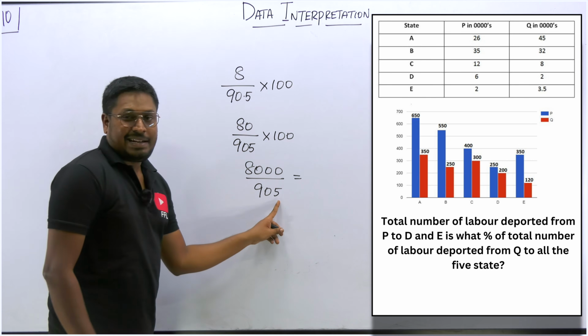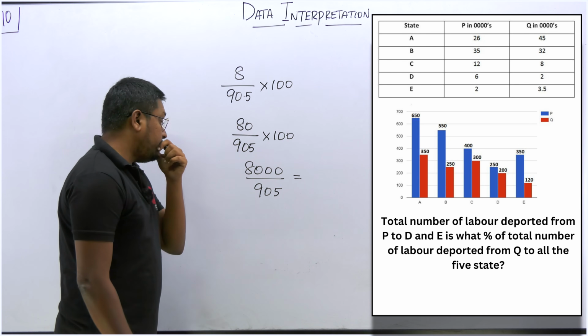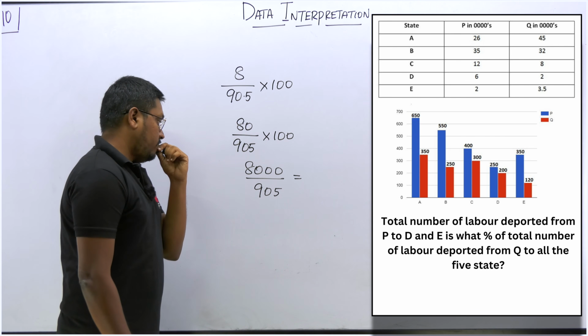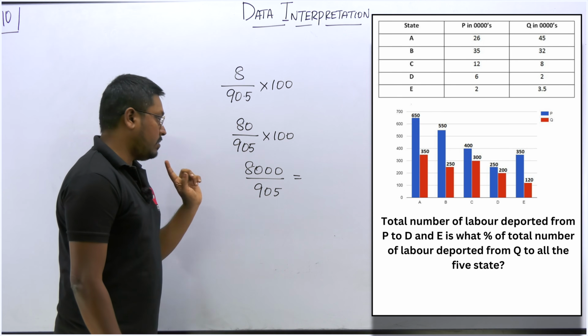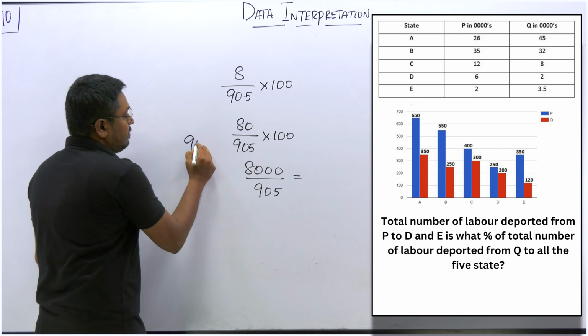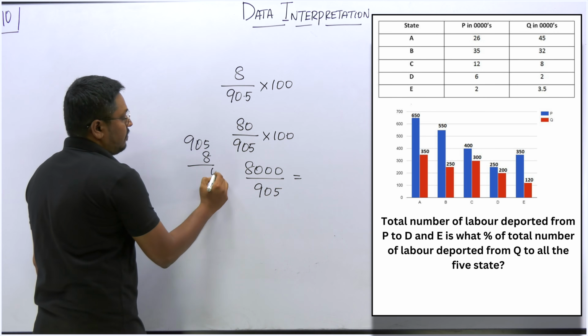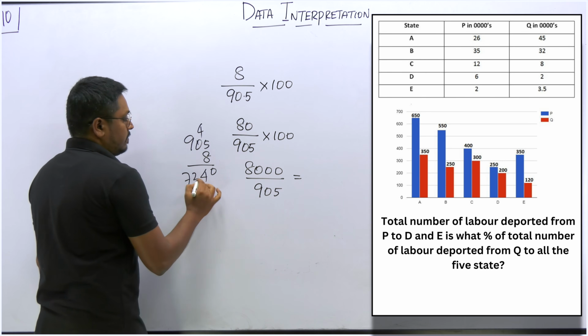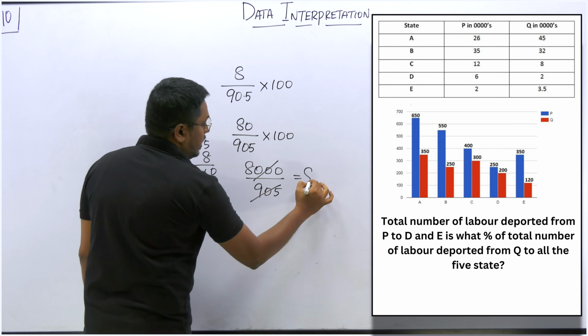Definitely it will not be 10 times, right? 10 times is not possible. 9 9s are 81, so 9 is also not possible. So definitely it will be 8, I think so. 8 5s are 40, 8 9s are 72. So this will be 8 times point